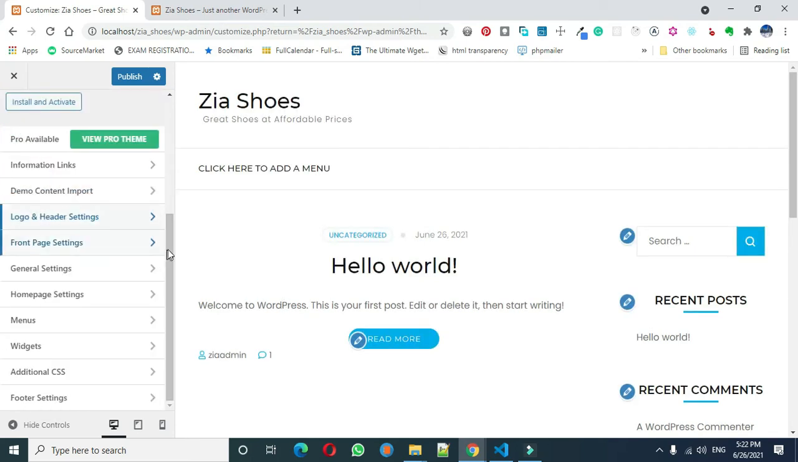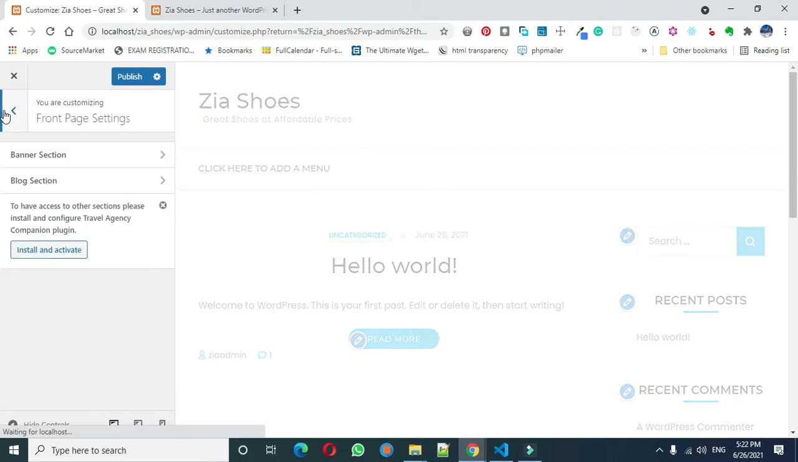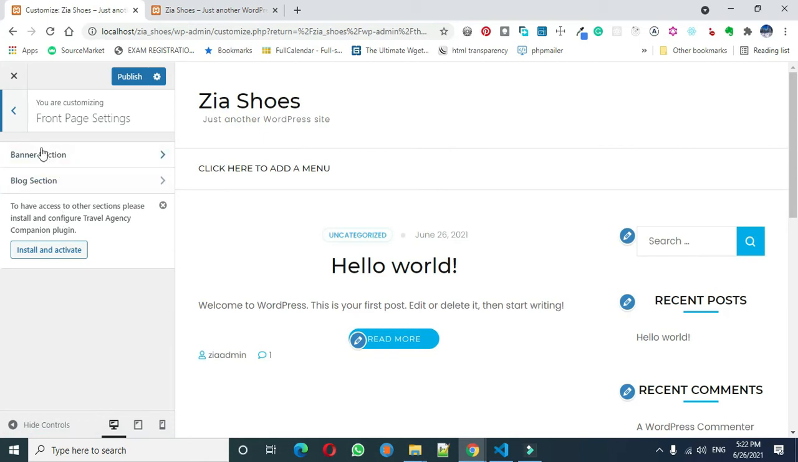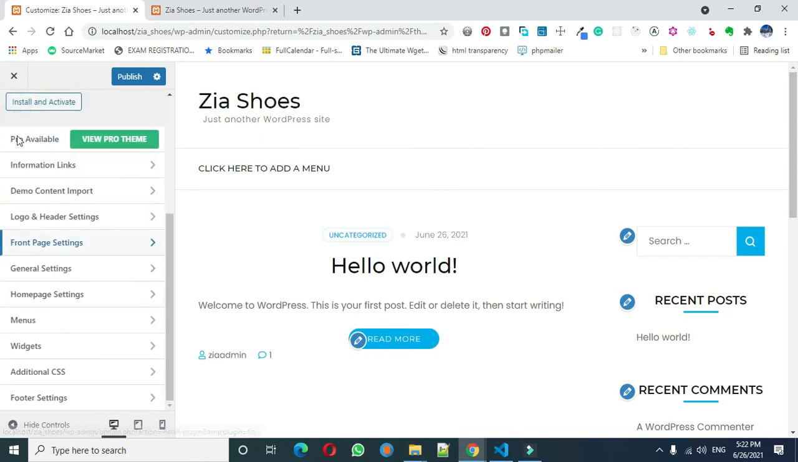Set up your front end. Just the basic setup. This is what you get here. Front page settings, blog section, banner section to install the banner and all that. So basically, each theme has its own customization page or how it's going to look. Some of them might just have few of this. Some of them will have more of this, depending on the theme and how complicated or